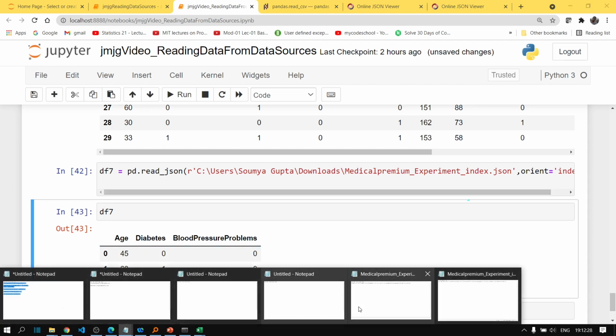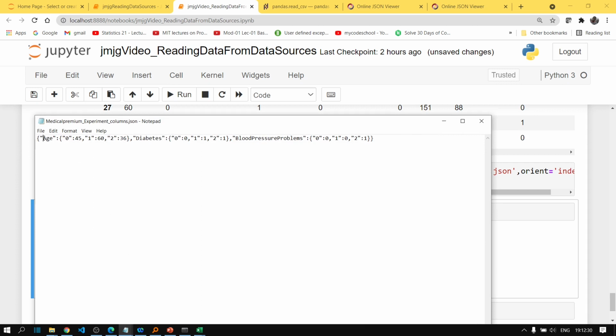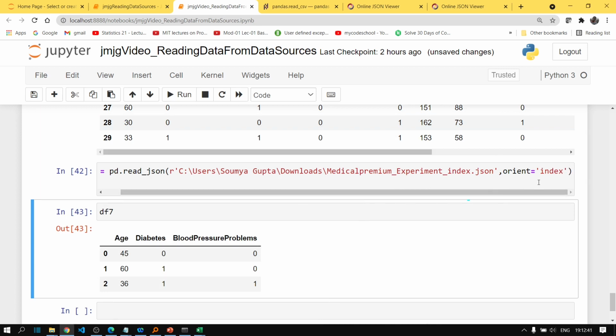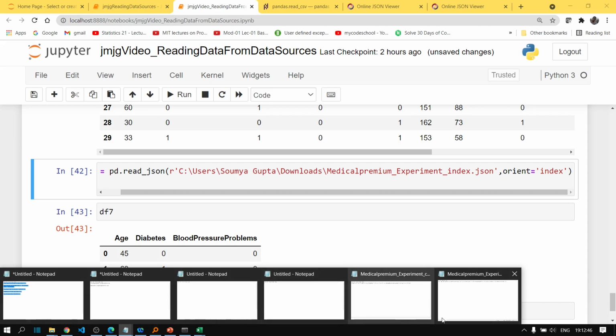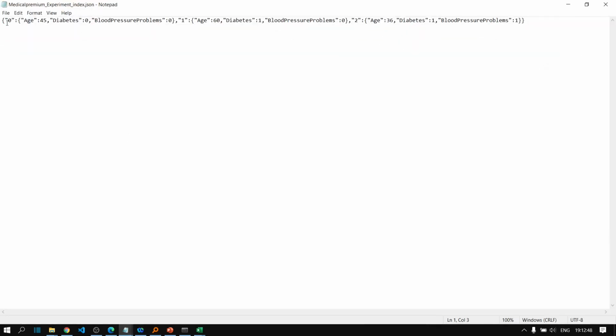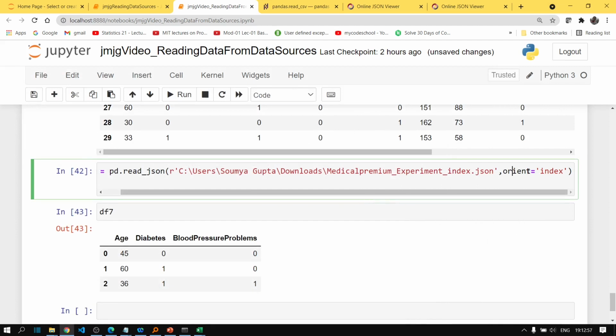In this JSON, we want the keys to be treated as columns in our resulting data frame. That's why we earlier specified columns in the orient parameter, but in this JSON, we want the keys of the JSON object to be treated as index. That's why in the orient parameter we specified index.